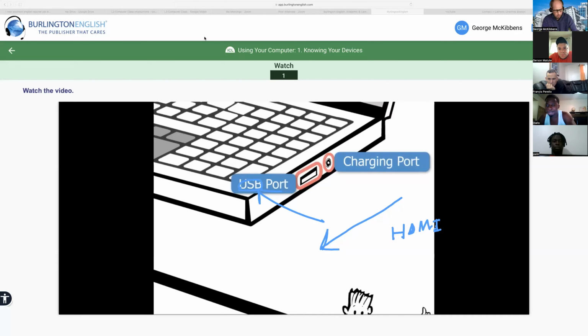Now, this also has a USB, but I use it for something totally different. It's a charger with a USB cable. So I could put it into the computer to charge my phone.